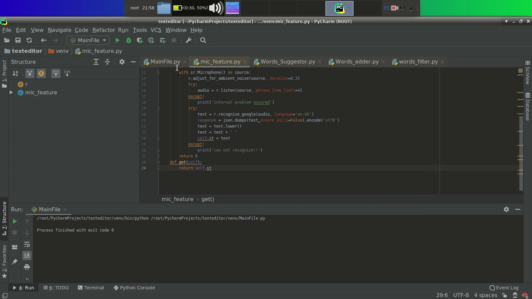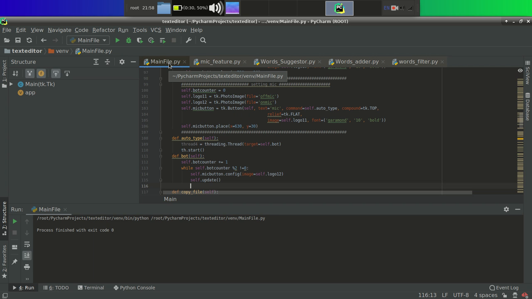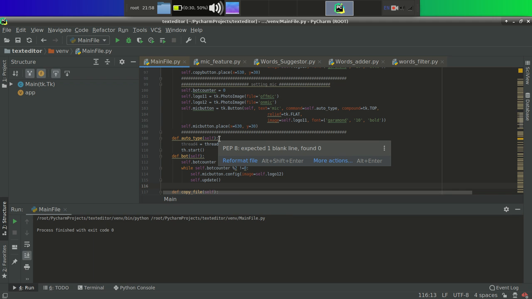So let's jump back to the main file. You can see that we have added a separate class for the mic feature, which will listen to the user for us, fetch his words, and provide them to us using the get method. Now we have to make an object of that class, and we have to import that also.